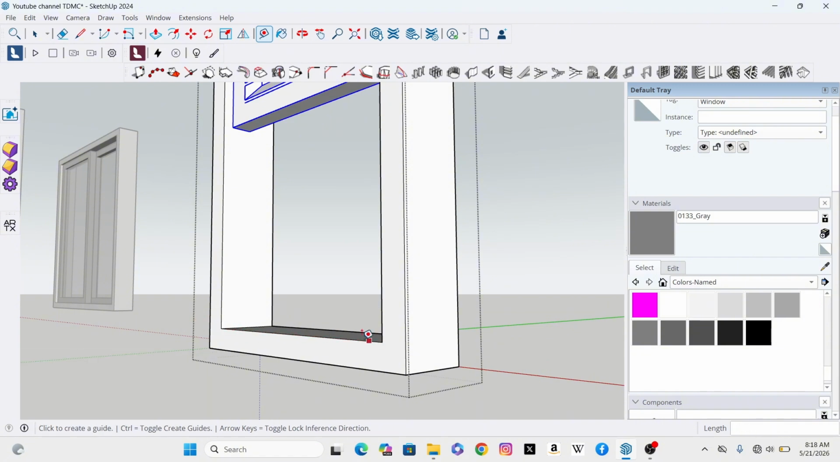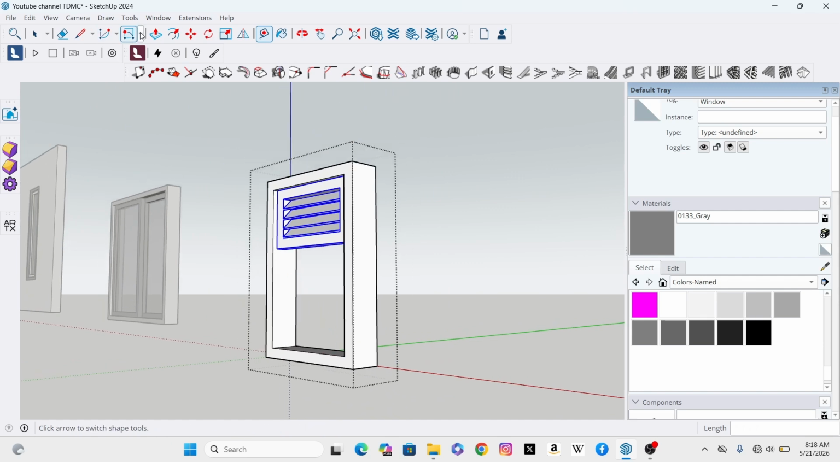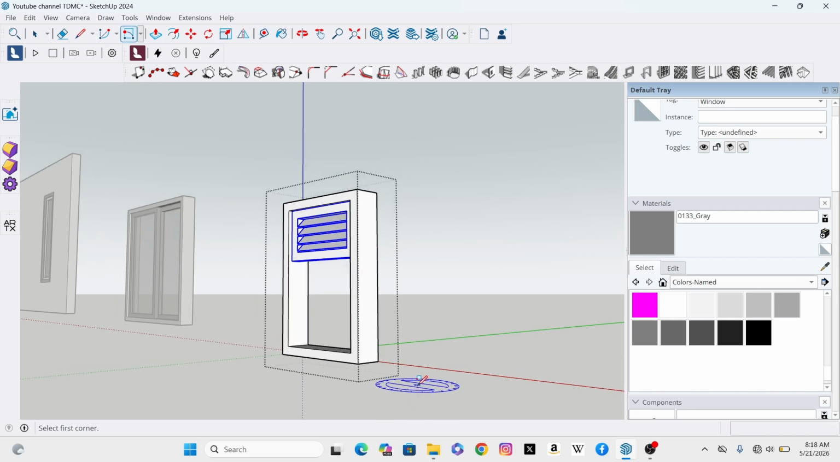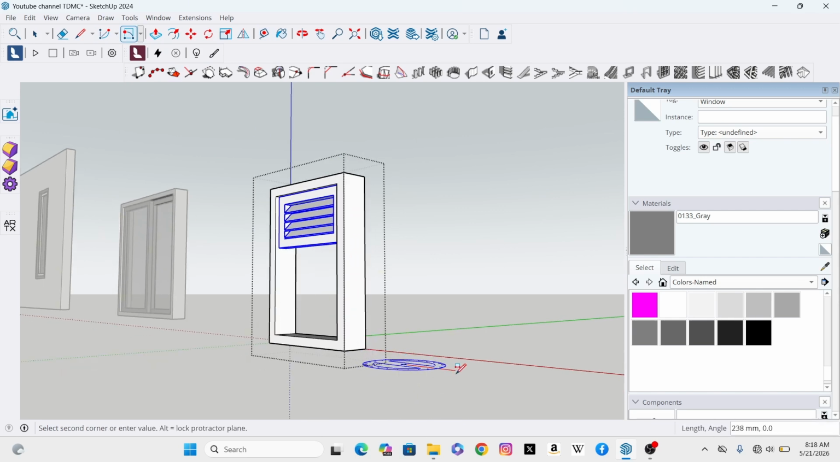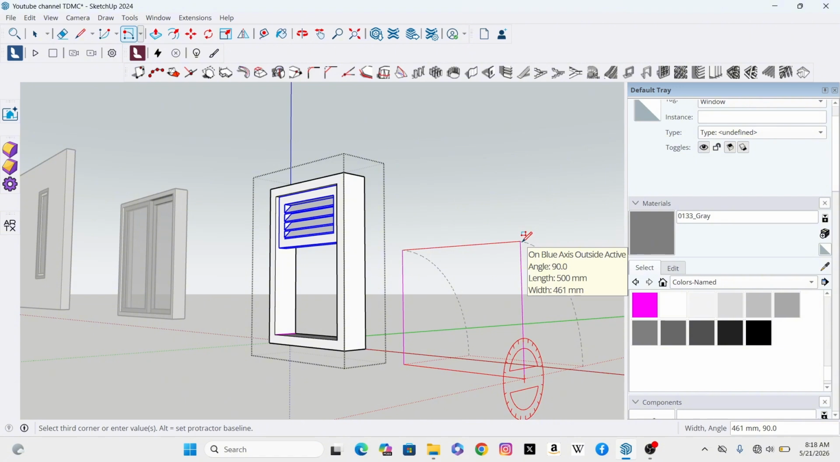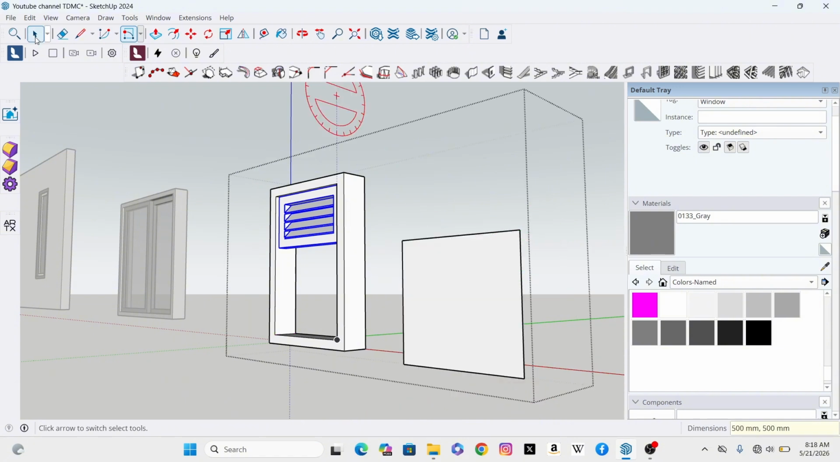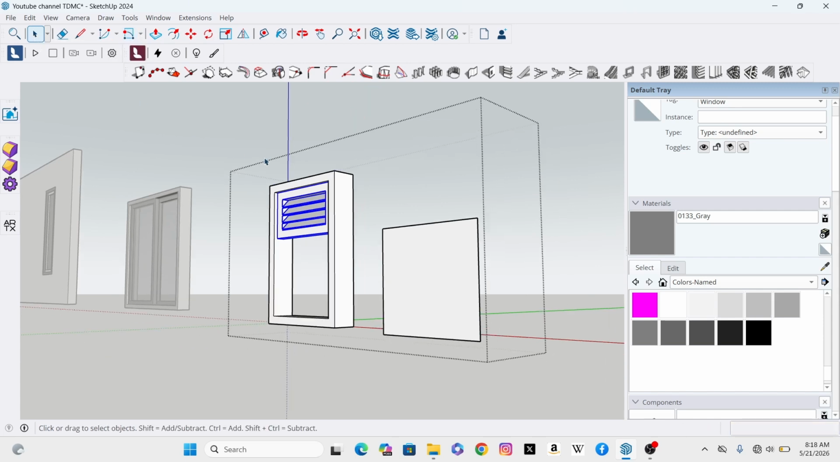Hit escape. Then next, still I'll click at that point, select the rotated rectangle command, then at that point I'll draw a horizontal line at a distance of 500 millimeters. Hit enter, then still I'll raise it up at a distance of 500 millimeters. Hit enter. Then next I'll click at this arrow command to cancel out the rotated rectangle command,